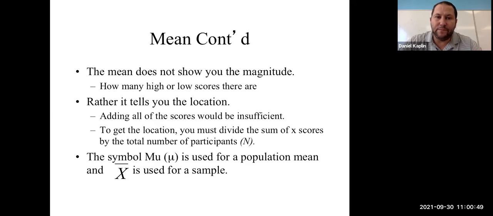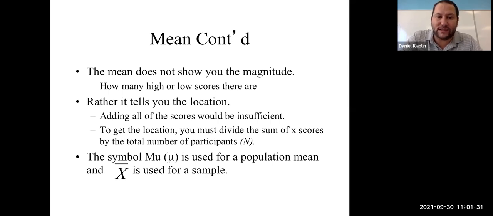Now, if you want to understand the mean, it does not show you magnitude, like peaks in the distribution. Rather, it shows you the location, and it gives you the center of a distribution. That's what the mean is doing. It's one of the ways of measuring central tendency. So if we were to just add up all the scores, that would be insufficient for our calculation purposes, right? So we have to add up all the scores and divide by N, N referring to the number of